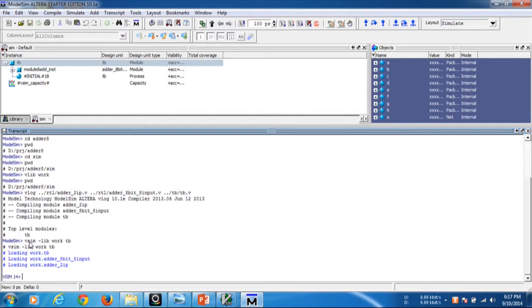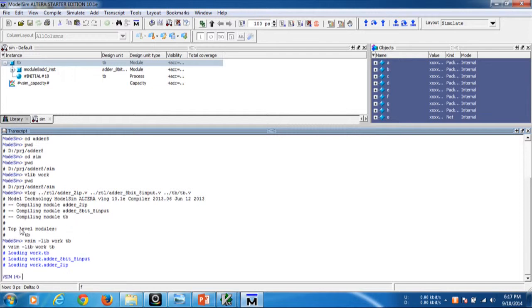Then space hyphen library, the library keyword, and the library name, which we have already declared as work, and tb is the top level module.